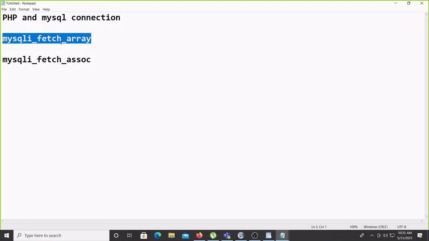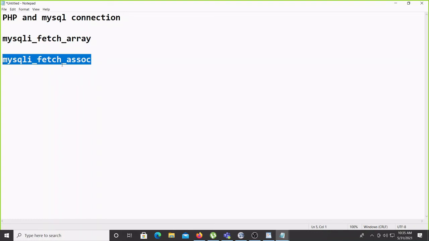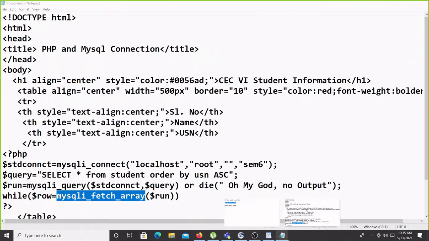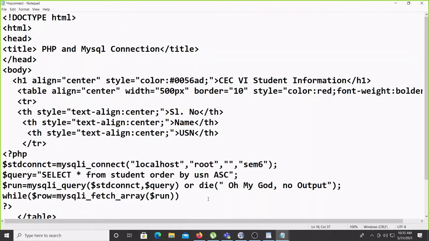This is the only difference. Anything we can use, but sometimes if you want any indexing value of the array, then you can go for the associate, otherwise you can use the array. This is the main difference between the associate and the array. So I can go for the array only, not a problem.